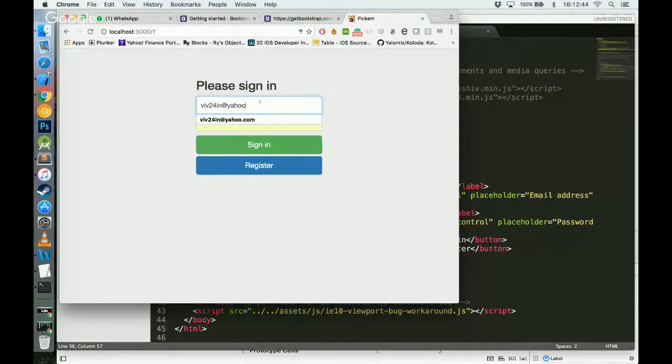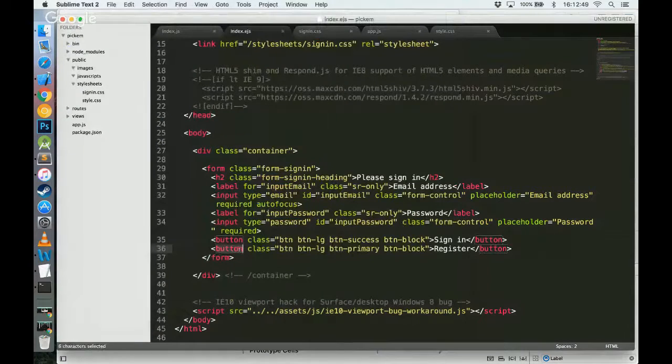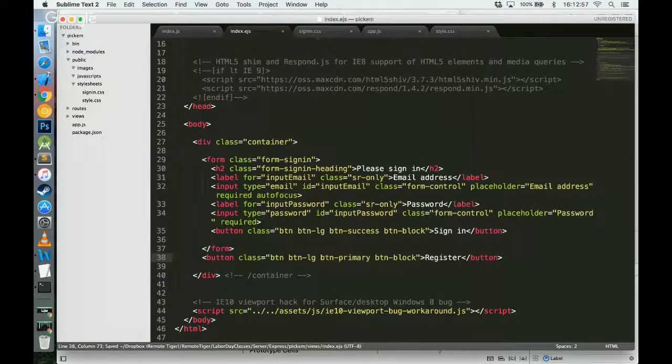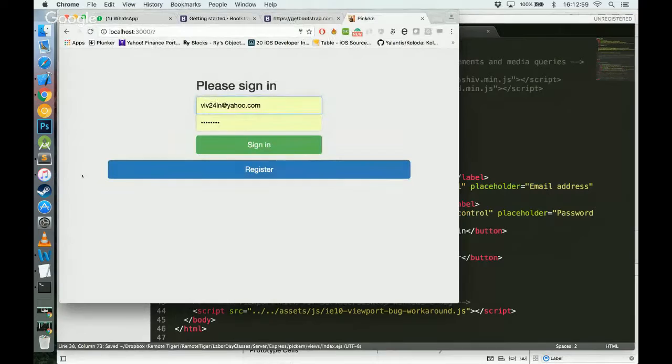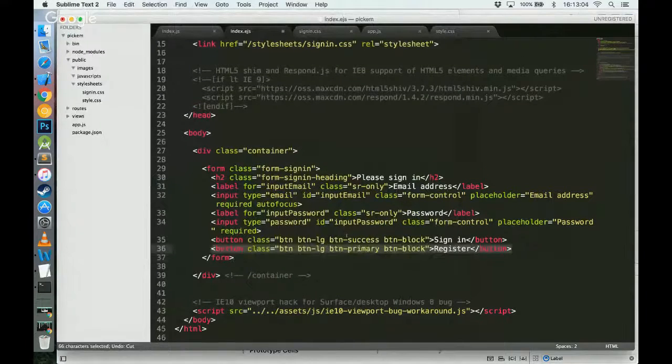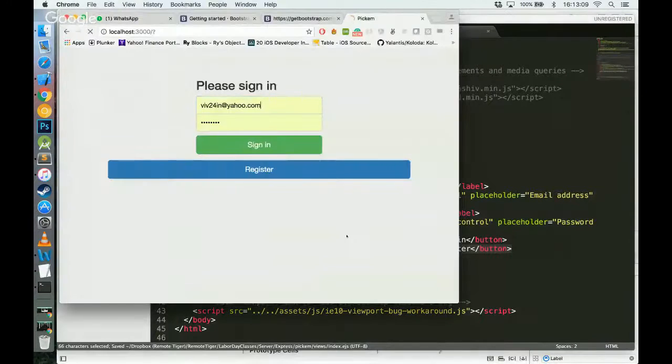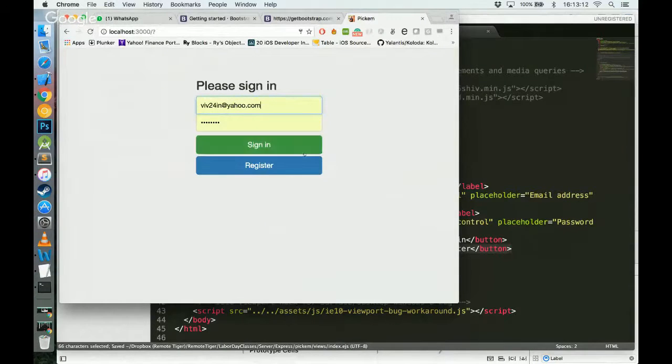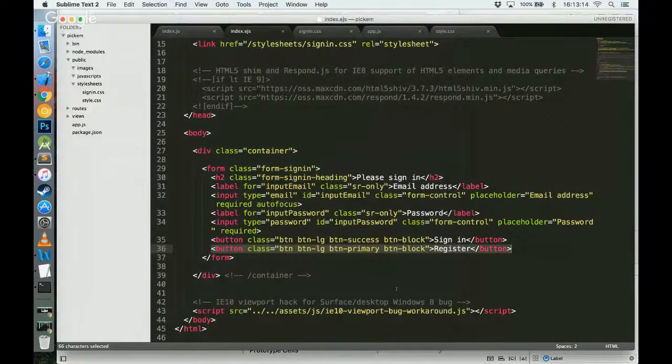Oh man, go away. Still the same problem, right? Why? Because this button is inside the form, so that's why it's causing the problem. But what happens if I remove it outside? What happened? Design, right? So that means I'll have to add some more styles to that button. So I do some more work, and I'm not the type of person who likes to do a lot of work. So this is what I like, but I don't want anything to happen when the user clicks on those buttons. So time for some